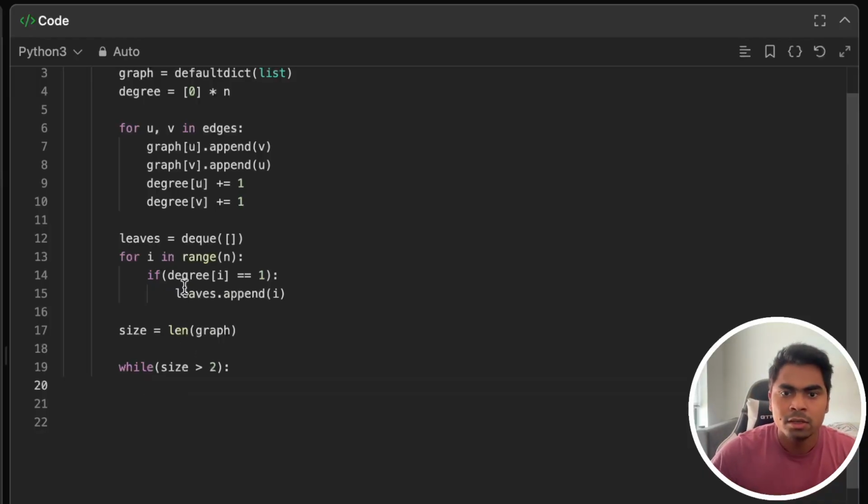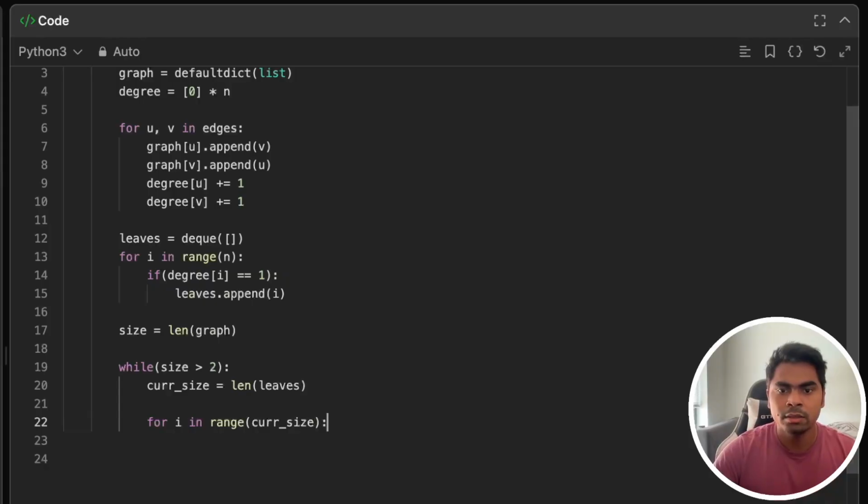So a better way would be calculating the size of it. Let's say leaf size, cur size, that will give me the length of these leaves, and now for i in range cur size,